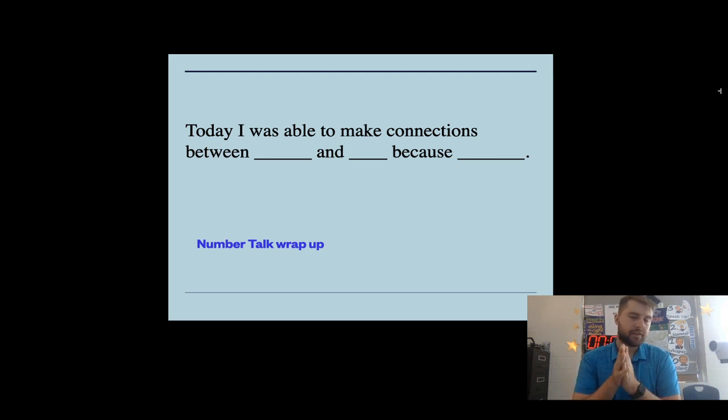So for example, today I was able to make a connection between my thinking and another student's thinking because they counted by 2s and had 1 dot left in the middle, whereas I did 2 on the top, 2 on the bottom, and 3 in the middle. I could have broken the 3 in the middle into a group of 2 and then 1 over here. So we could have both counted by 2s and then had 1 more to get 7. Definitely write this sentence down, fill in the blanks in your notebook or on a piece of paper, and then share it in a comment below if you're willing to.